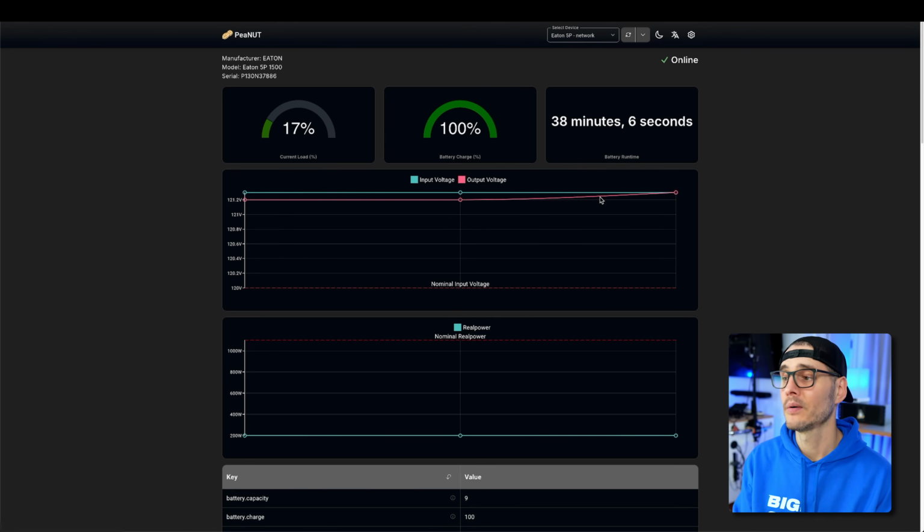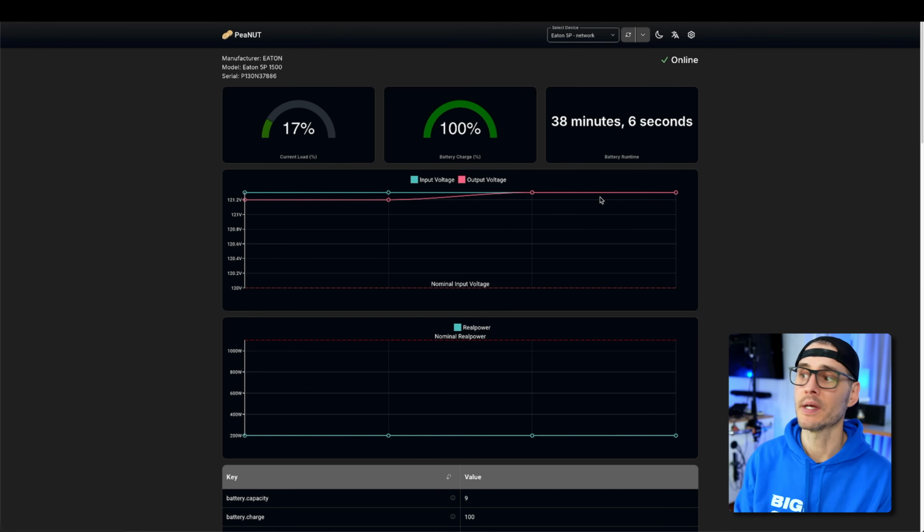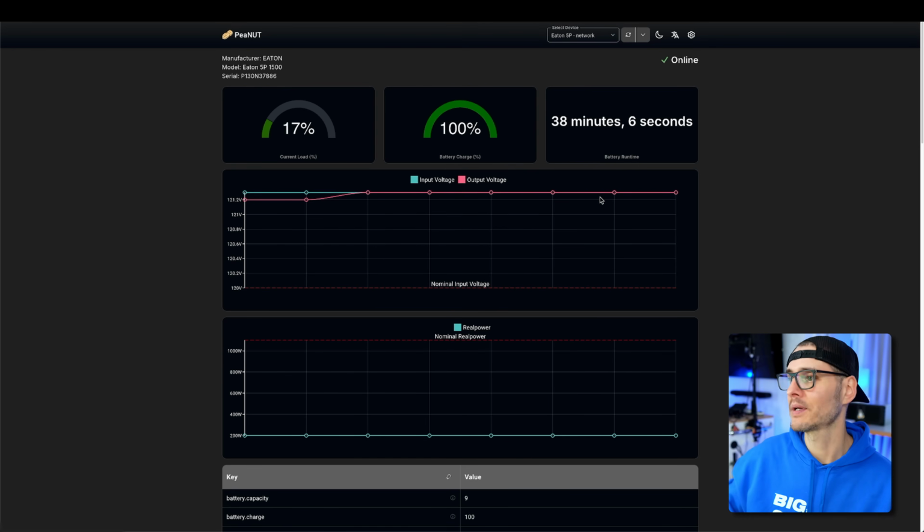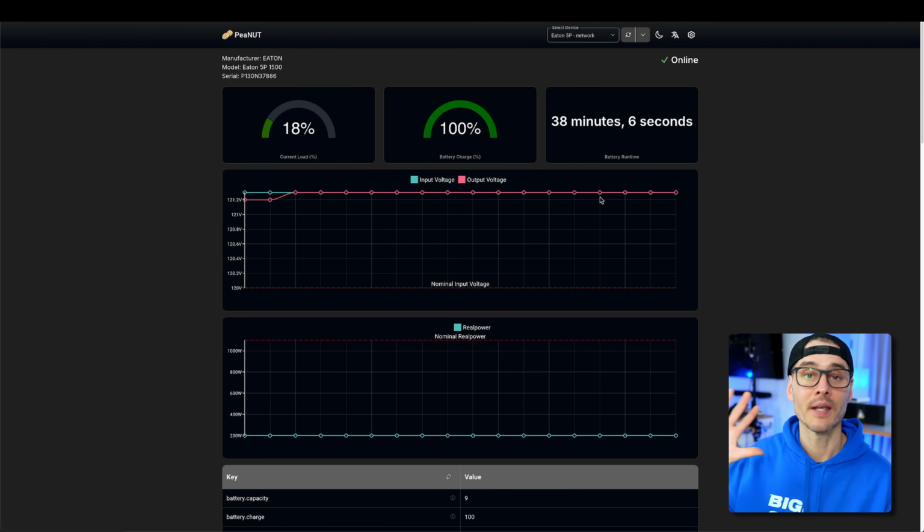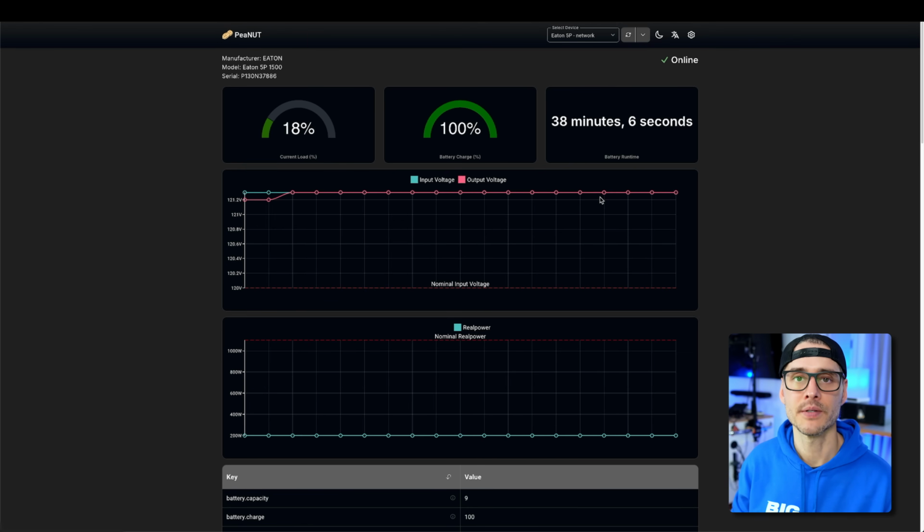The one thing though is that none of this data persists, so you'd have to keep this open for a really long time. And I hope in the future that some of this data gets persisted, maybe to a database or something like that, so we can see all of this data over time, because it's only good for right now. Like I said, unless you leave it open, then you'll see it plotted. But still, this is a great start to making a more modern version of NutServer.